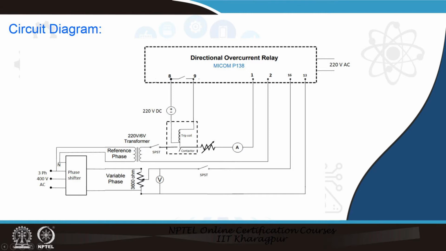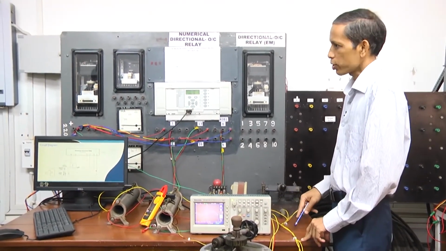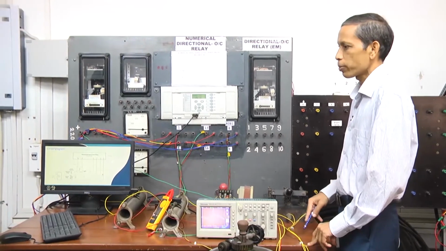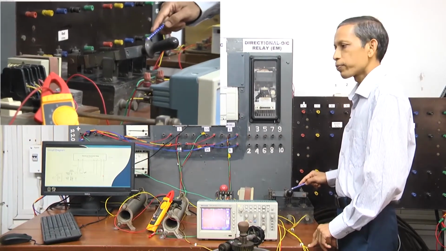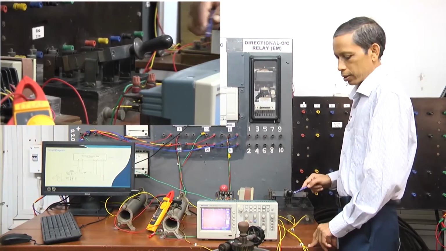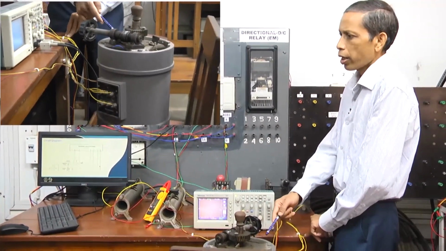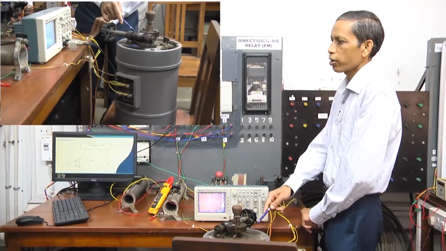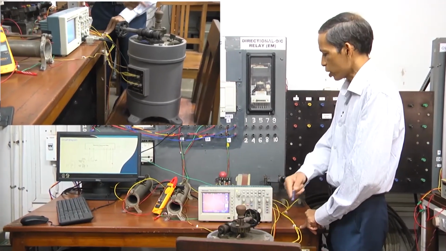With this, we will next go for the different components on the table which we have arranged to demonstrate the relay performance here. On the table we will see the different elements connected in this circuit to demonstrate the performance of the overcurrent directional relaying. We have the supply, 400 volt, 50 hertz, 3 phase. This is the phase shifter, which works on the principle of induction, and through which we vary the phase angle of the output with respect to the input voltage, and the magnitude of the voltage also changes.